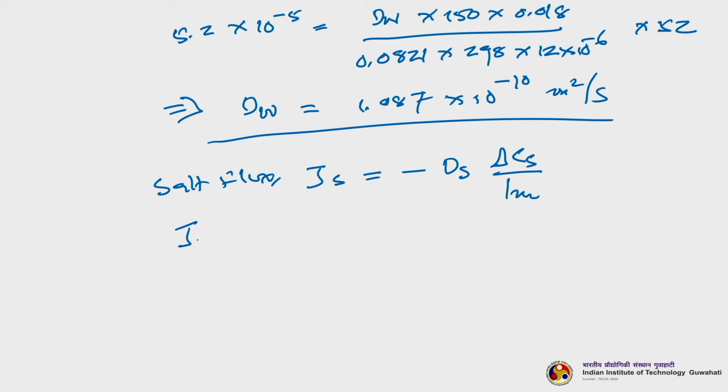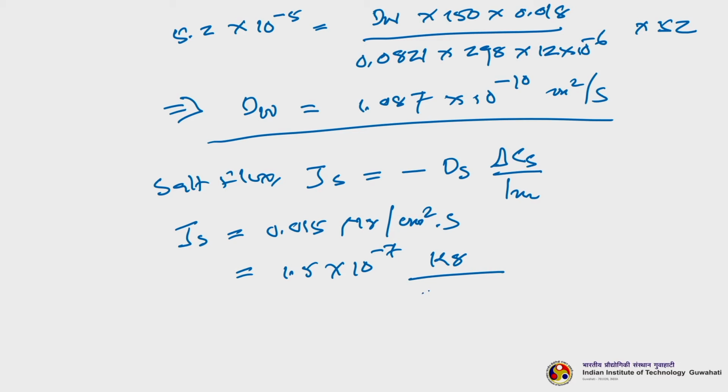So, Js is given as 0.015 microgram per centimeter square second, or we can write 1.5 into 10 power of minus 7 kg per meter square second, correct. If you neglect the concentration polarization, then the feed side salt concentration can be given as,